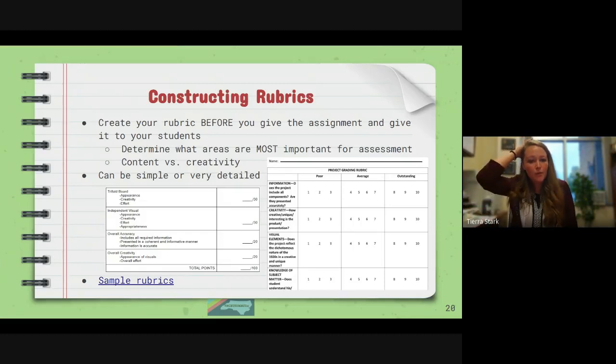So determine what areas are most important for the assessment. And then you've got to think about the content of what they're going to give back to you, and then also the creativity. How much does creativity matter for this particular assessment? Is it really important? And then that's also a way for you to bring in other content areas. It's so